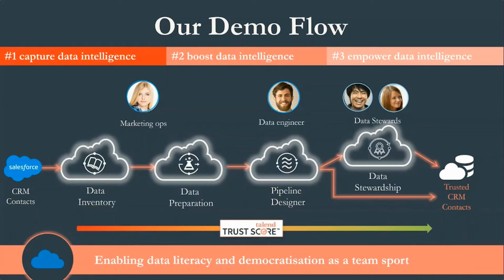Now, of course, that could be a round trip, closed loop concept, so that we push the data back into Salesforce, or in this case, we're going to push the cleansed CRM contacts into a new repository that we can use for analytics. Now, as we mentioned before, Talend Data Fabric has this concept of a trust score, a measurable and quantifiable measure of the trustworthiness of data according to a number of different dimensions of assessment. Now, what we're going to do in this demonstration is look at this trust score during the duration of the data and look at how we can use the intelligence that the platform offers to help drive remediation and improvement in that data to improve the trust score.